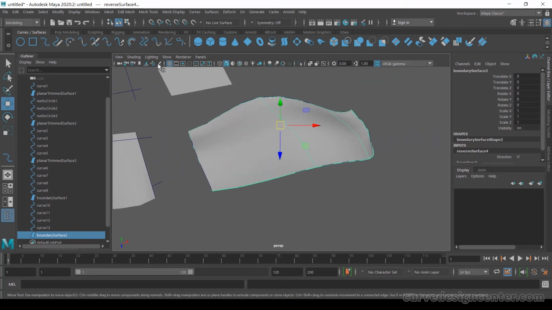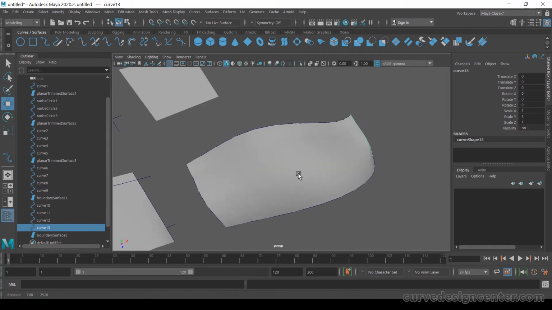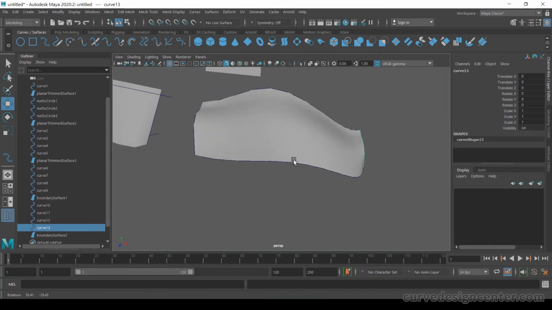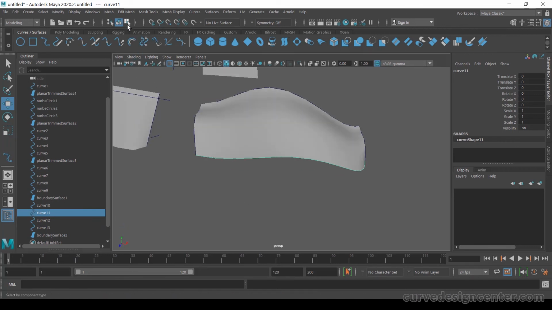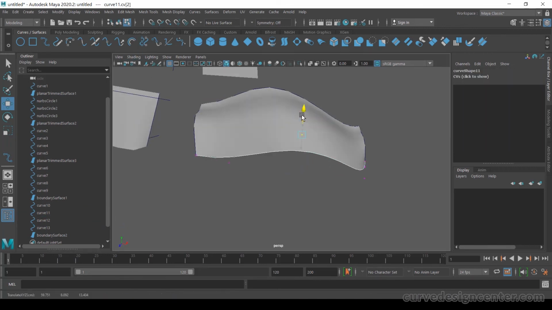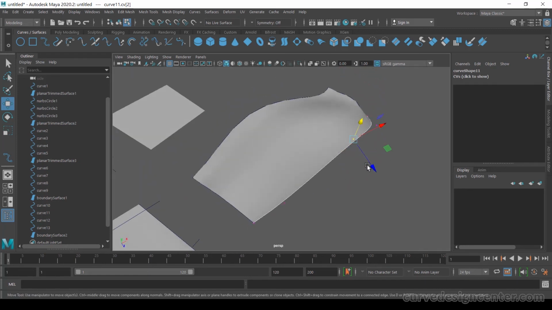Now if you want to make any changes in these curves, select the curve, go to component mode and select, and you can change. So that is the difference between the planar tool and the boundary tool.